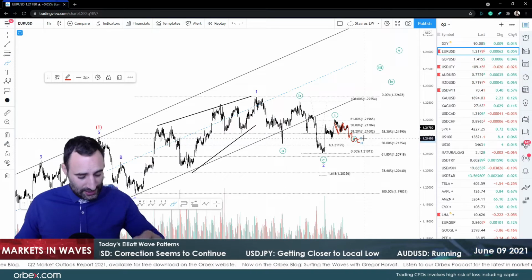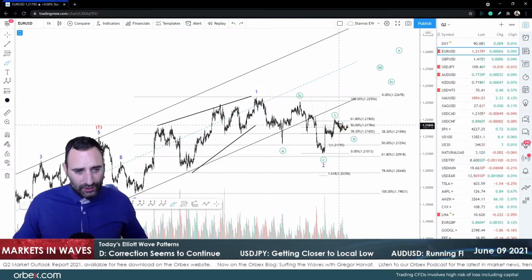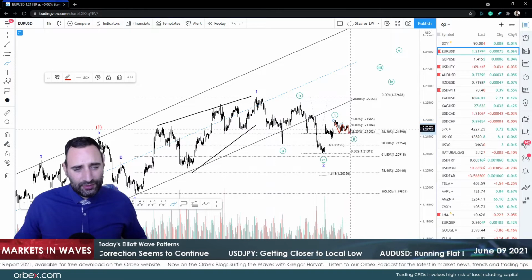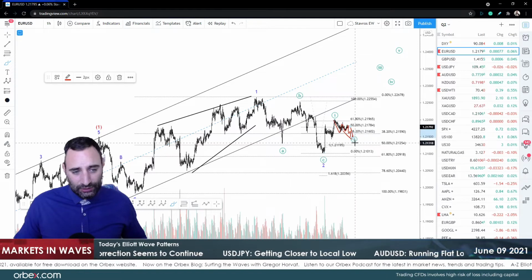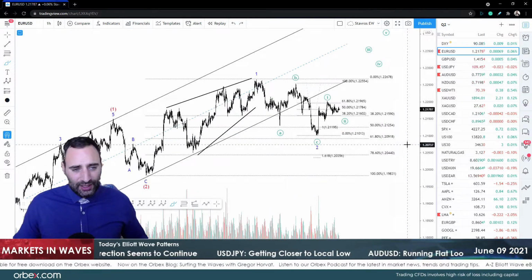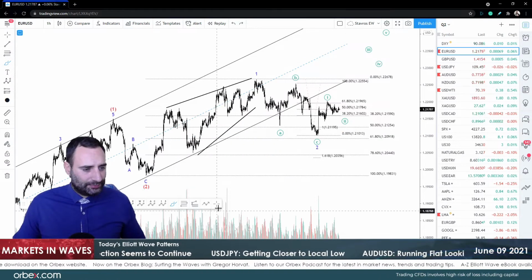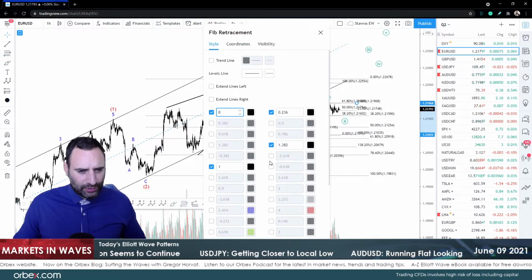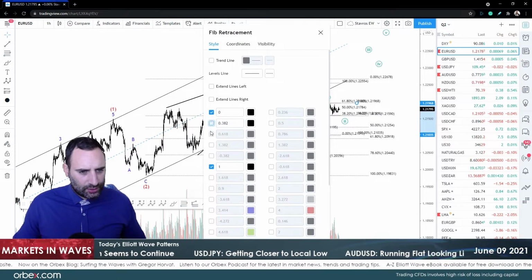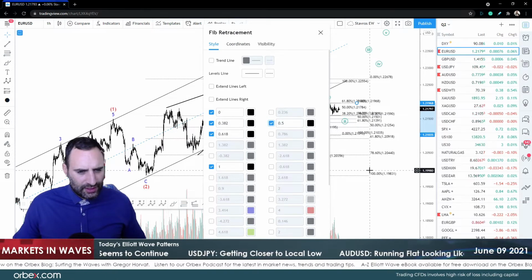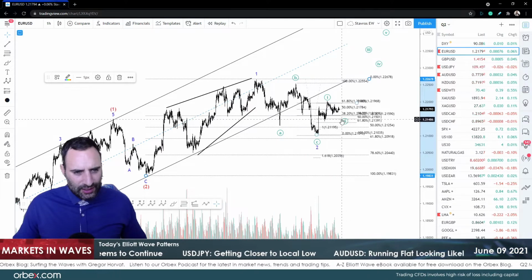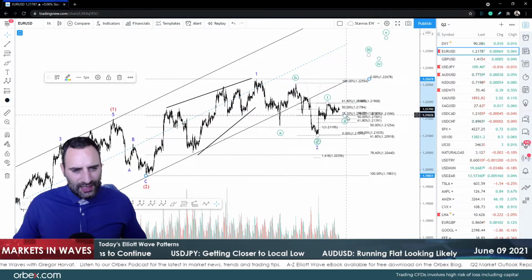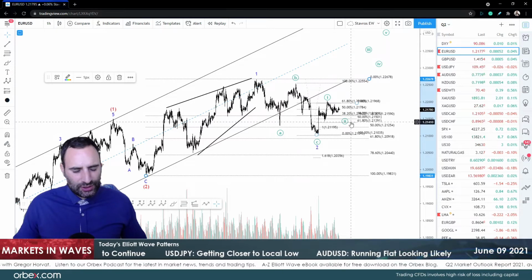Now, since this is a C, what else could happen? Because this is the A and the B, it could be a case that this is 1 and 2. We're going to get 3, 4, and 5, and we're going to have an ending diagonal. But if we look at it from a bullish perspective, let's take this 2 off: 38, 50, 61.8. You can understand that we did a 38.2, which is okay, but I think the next leg is going to get us down to 121.39.